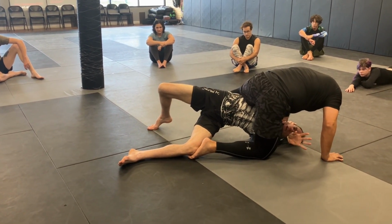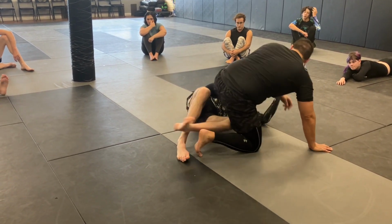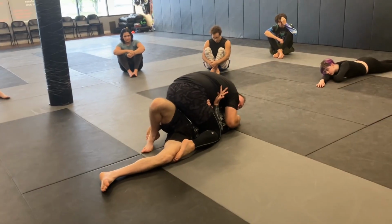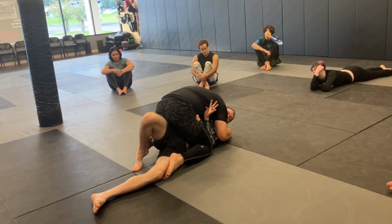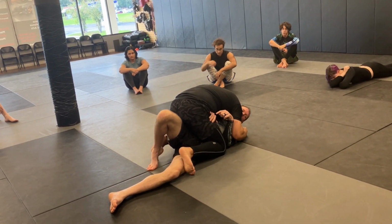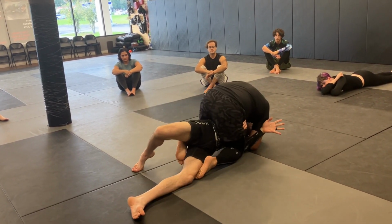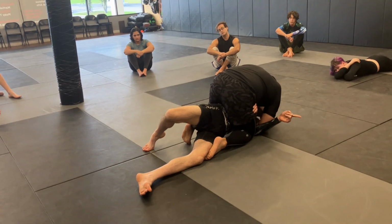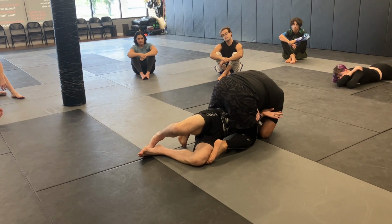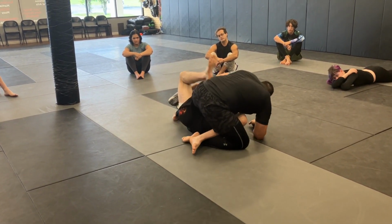If I can get all his weight in this leg, this is an easy recovery for me, all right? So really stay tight. I'm using my forearm as my wedge. I'm not pushing, I'm pushing with my hips, but I'm using this to control his hips. So as I push, I can start to make this turn, right? Now all his weight's in his right leg. His left leg is light. If my elbow stays on the inside, I can shrimp back against that to open that up,